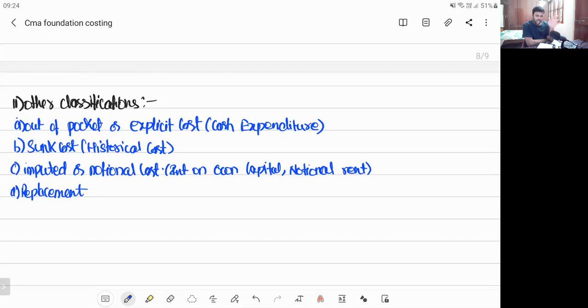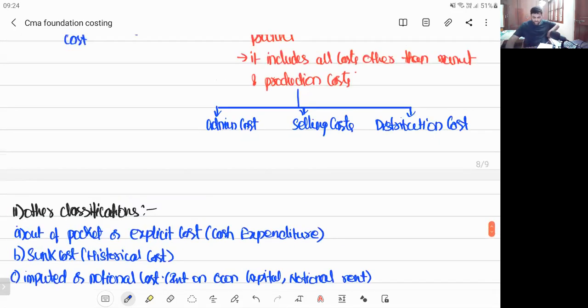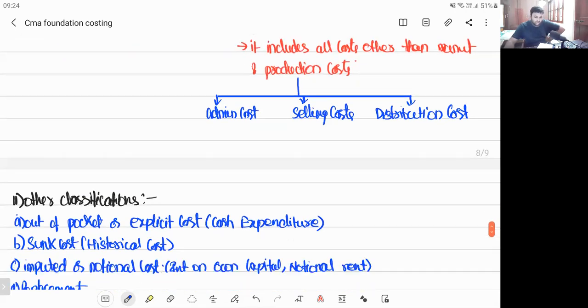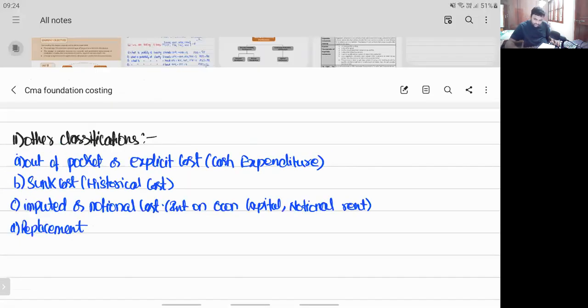Okay, so these are the several classifications of costing, my dear friends. Total 11 classifications of costing, and we have seen all the 11 classifications of costing. Next comes methods of costing and techniques of costing. First, let us discuss techniques of costing. After this, we'll discuss methods of costing. I'll directly cover this from the material.